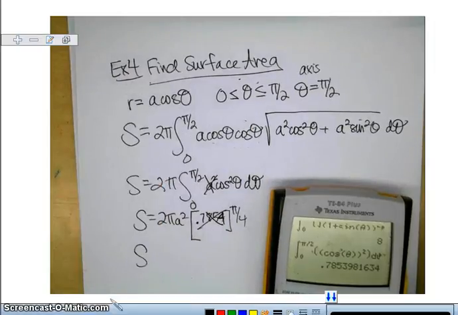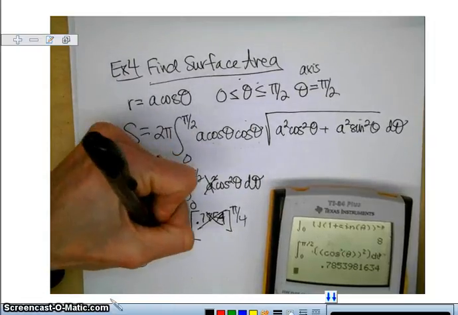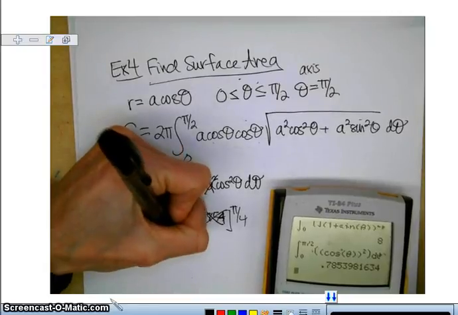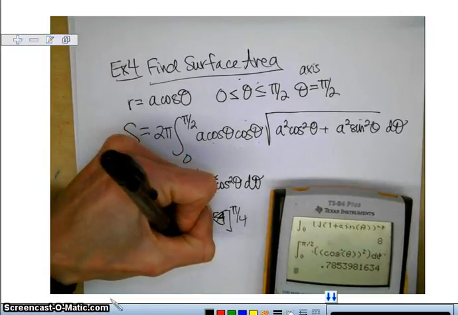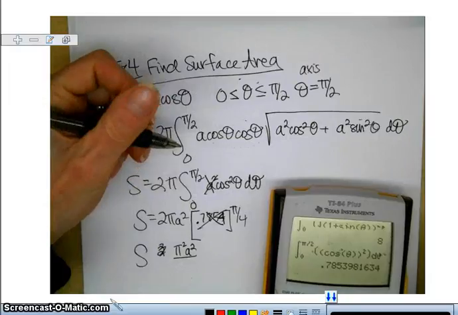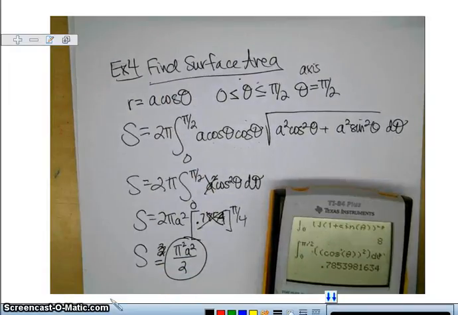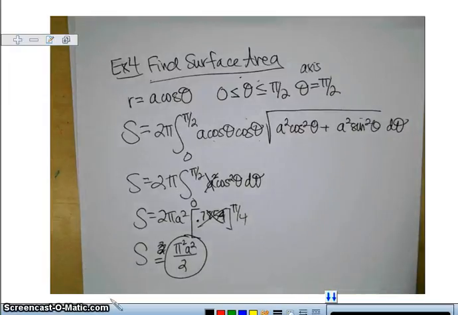So S is 2, oh no it's not. Isn't it pi squared a squared? Pi squared a squared over 2. That's our surface area. All right. So now we